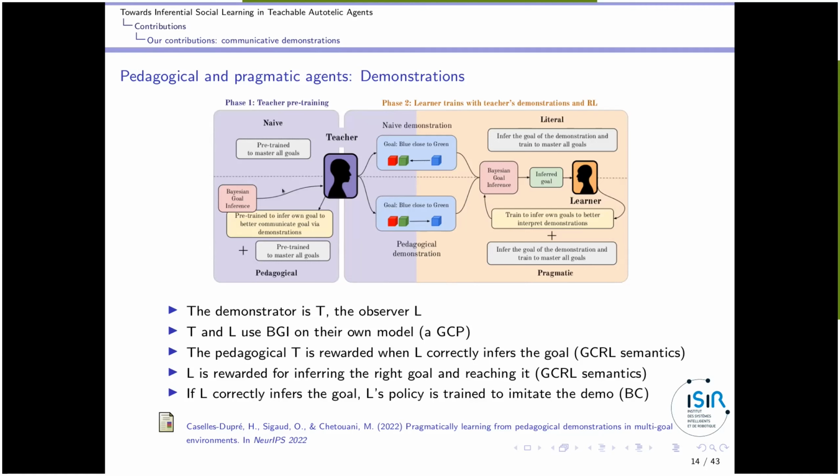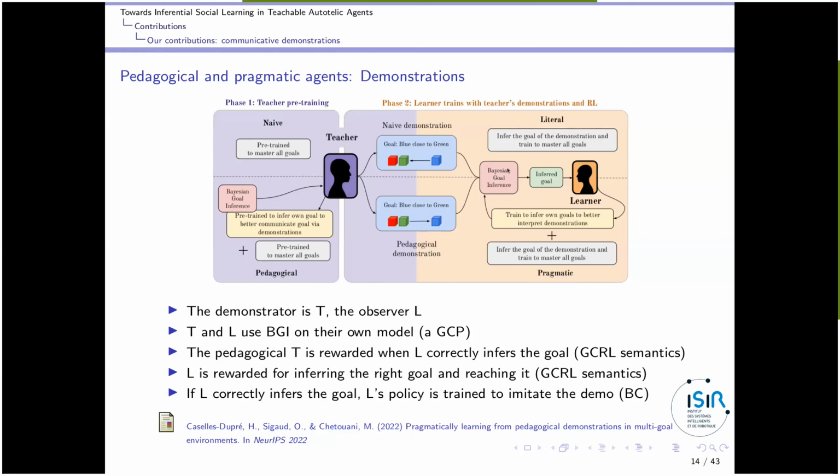Okay. So in more detail, because I want this part to be clear, the standard teacher will just select a trajectory without inference, and the pedagogical teacher will try different trajectories, infer the goal that it would have inferred with its model given the trajectory, and select the trajectory that corresponds to the least ambiguous goal. Okay.